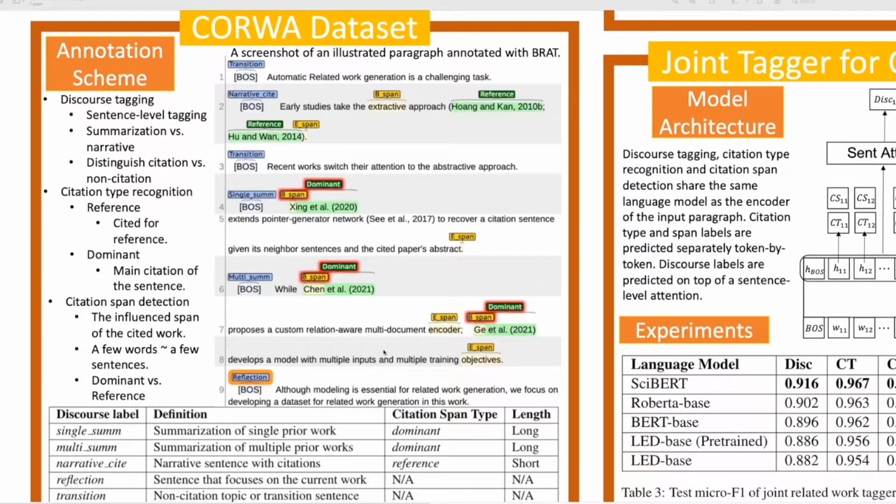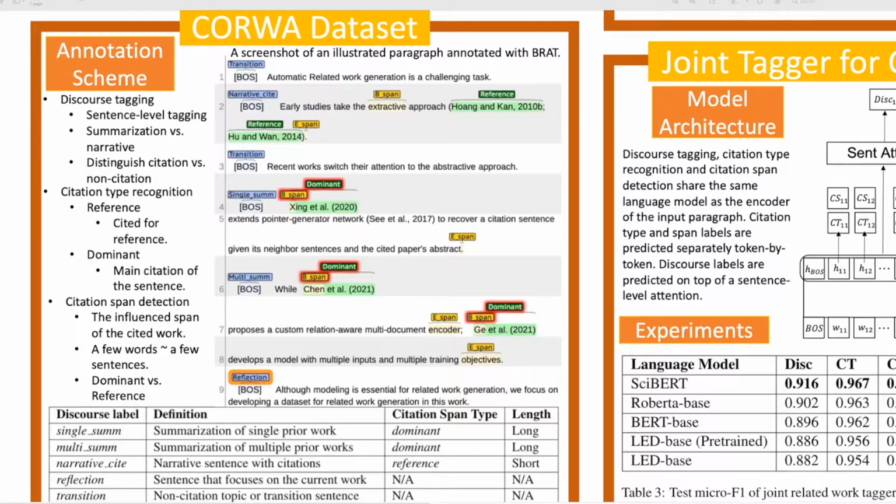For each citation signature, like the kind of signature seen in "et al., 2020", we distinguish whether the author cites a work for really talking about it, which we call dominant type citation, or simply cites it for reference.